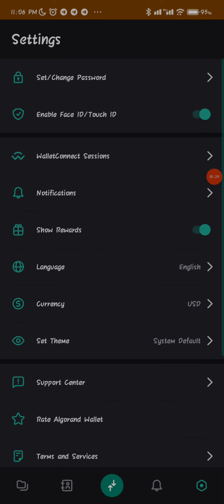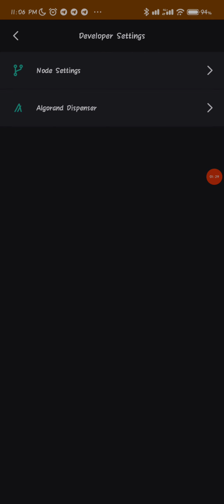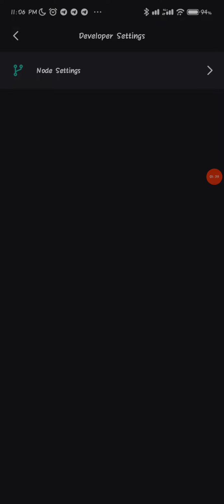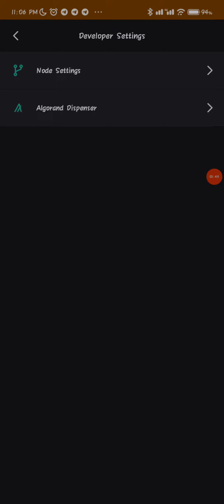You click on settings, you go down, you see developer settings. Click on developer settings. For your own it will be on mainnet, so this is how it will look like. You see this node settings, this is what you see. Then you click on node settings, then you change it to testnet. Once you change it to testnet,